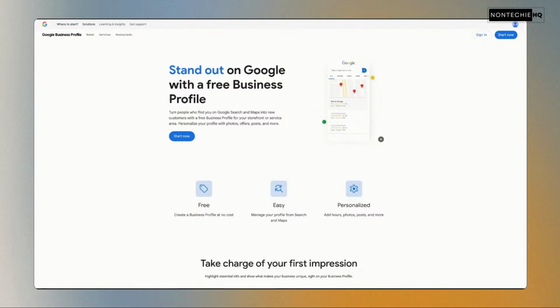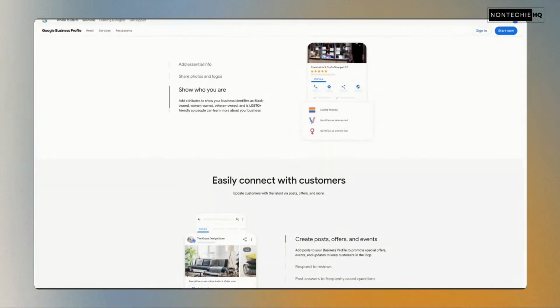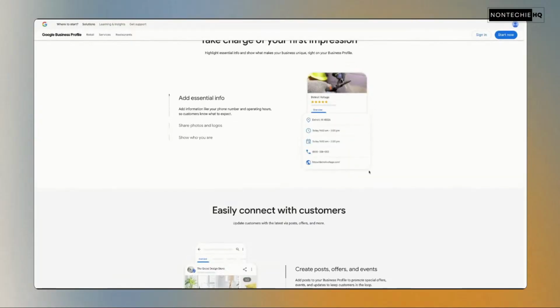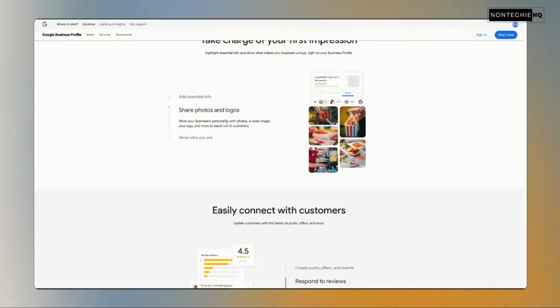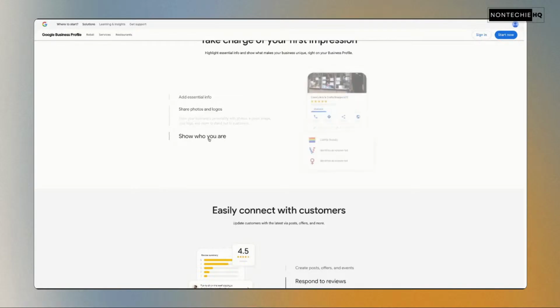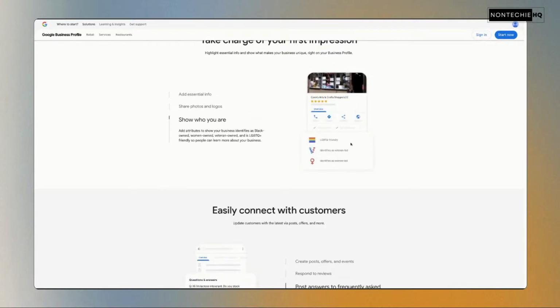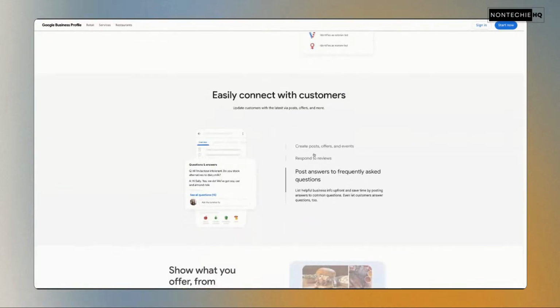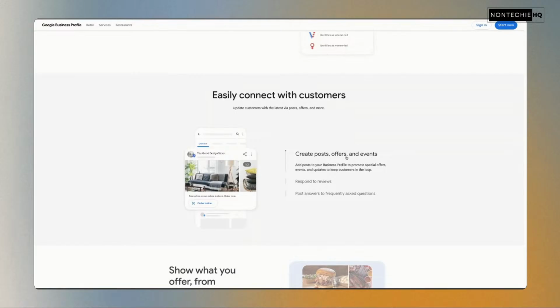So when you come to the Google Business Profile, you will see this page. When you're on here, you're able to scroll down and there are different areas. You're able to add essential information like your address, hours, your phone number, and website. You can share photos and logos and show who you are, along with some of the identifiers, which we'll go over soon.